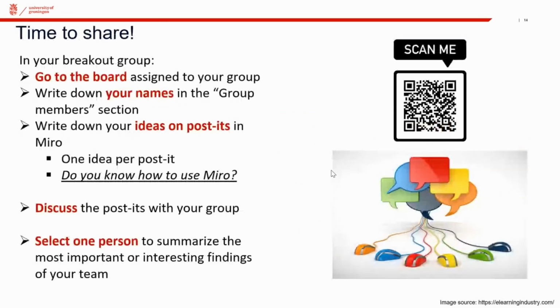And the way that we're going to work is that we're going to use Miro today. I will provide in a second a link in the chat that you can use to go to a Miro board. And the idea is to work in smaller groups, so we will have 4 breakout groups, and you will be randomly assigned to these groups. And there are boards there with these two questions. So the idea is that you use digital post-its to write down ideas. At the top of the form, there is a place to put your name so we know who was in which group. And then you use the post-its basically to write down your ideas.